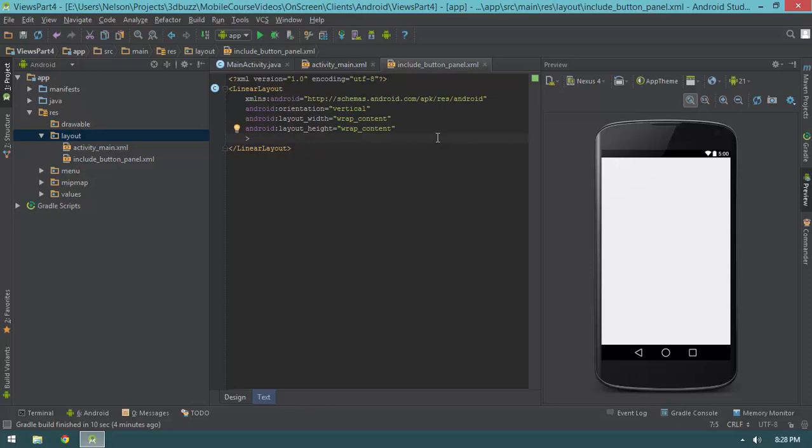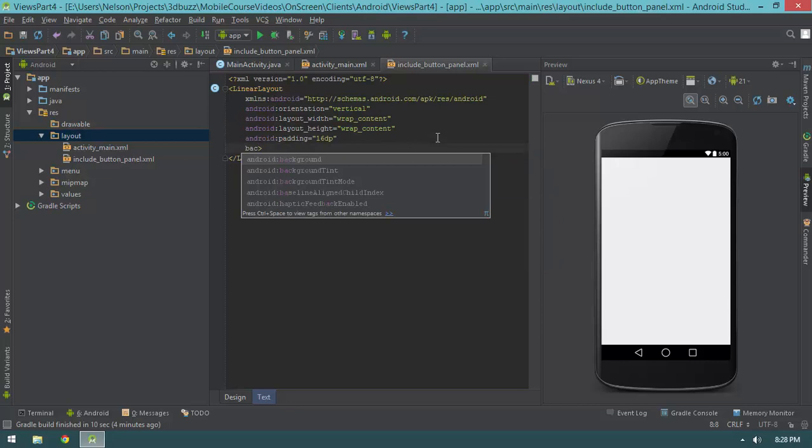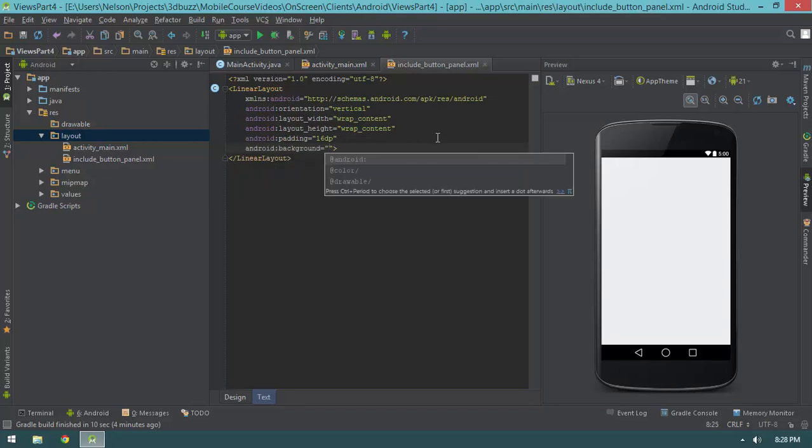Next up, I want to give some more properties to my linear layout. I'm going to give it a padding of 16 dp. Then I'm going to give it a background. Now what's cool about backgrounds is we can provide a variety of different values here. We can give it a color, just a straight up hex color,